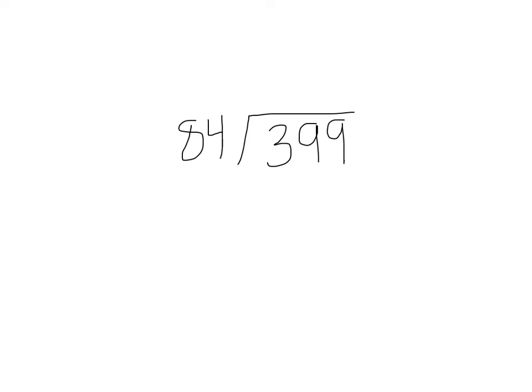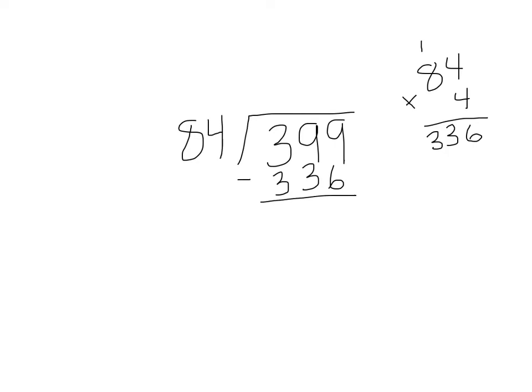To figure out this problem, it is just a simple long division problem. I'm going to guess that 84 goes into 399 4 times. So I'm going to take my answer out to the side, and I'm going to perform 84 times 4. 4 times 4 is 16, carry my 1. 4 times 8 is 32 plus 1 is 33. I'm going to subtract 336 from my dividend, and your answer is going to be 63. Because 63 is less than 84, I know that I performed my answer right, so I can put a 4